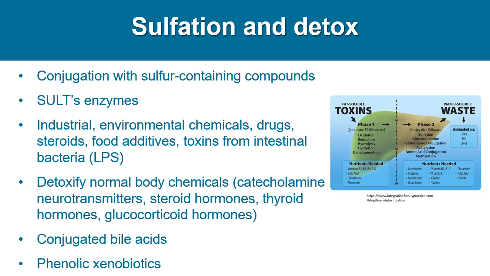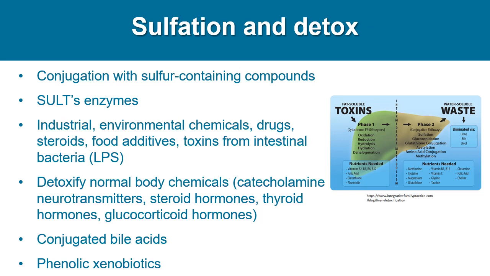And there's also genetic polymorphisms in this. I do see patients who have that as well. So understand, if you have a polymorphism, you may be downregulated in the functioning of this enzyme. So the sulfation system is important for detoxifying chemicals, industrial, environmental, drugs, steroids, food additives, and toxins, and also from